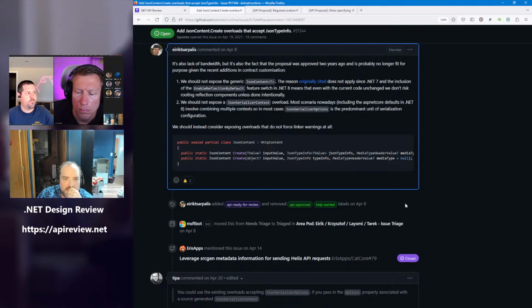If I recall correctly, this API proposal concerns adding functionality related to source gen support that wasn't added for the JSON content class. So it proposes adding these two additional create method overloads that accept JSON type info that let users construct JSON content instances using the source generator.